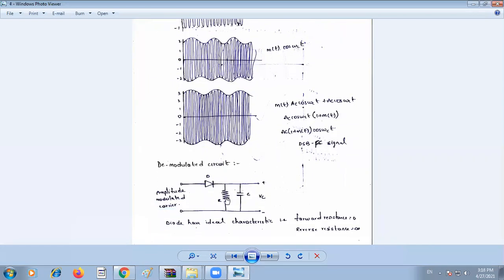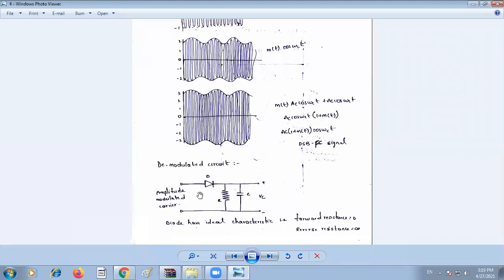Okay, now the demodulation of this wave is done by the detector circuit, the amplitude demodulator circuit. In the amplitude demodulator circuit, we can simply use one diode with a resistor and capacitor connected in parallel. When the diode operates in the ideal case, you know the ideal characteristic of the diode: the forward resistance of the diode is 0. The envelope is applied to the diode when it operates with ideal characteristics.